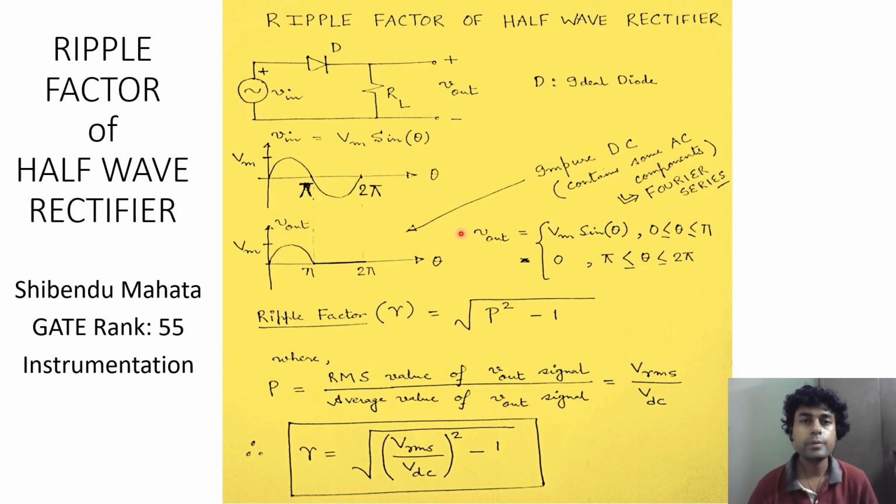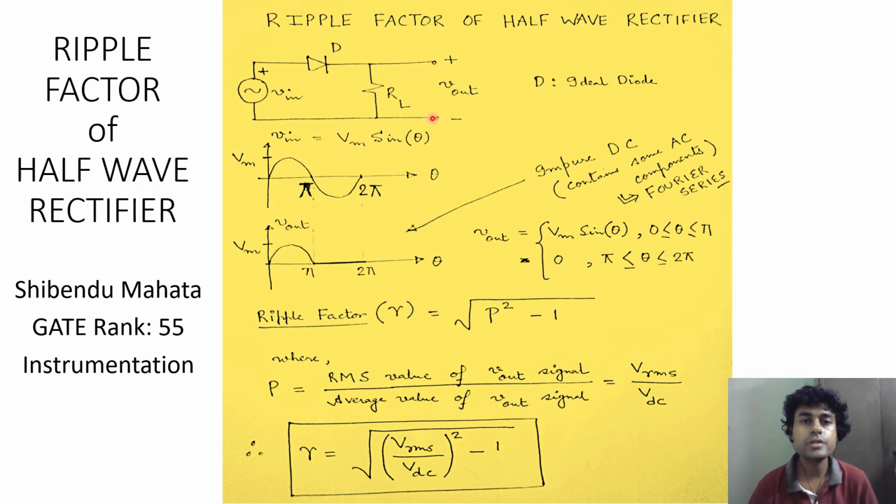Today we will discuss the ripple factor derivation of a half-wave rectifier circuit. So this is a typical half-wave rectifier, and if we apply an input like so, which is Vm sine of theta, then this diode will conduct for the positive half cycle of the input waveform, and we will get the